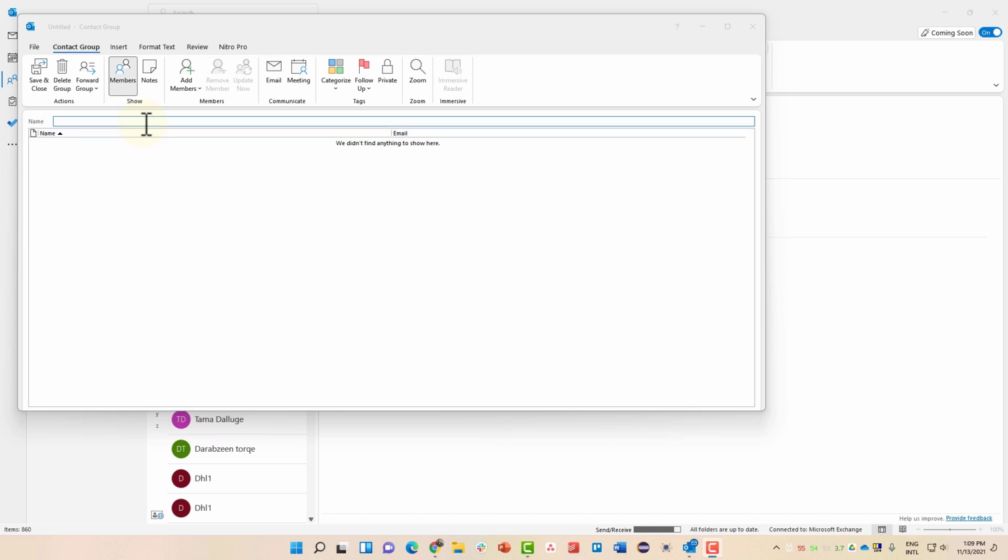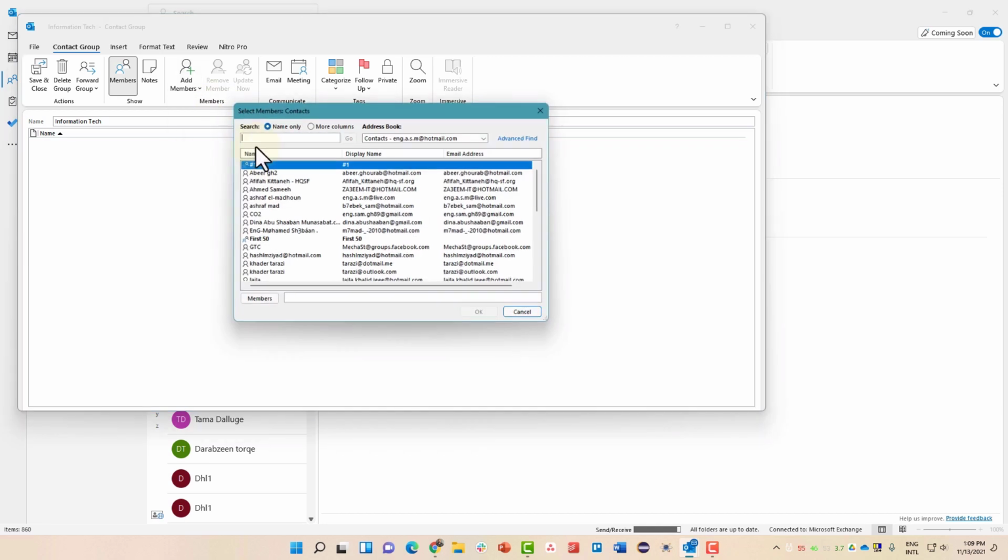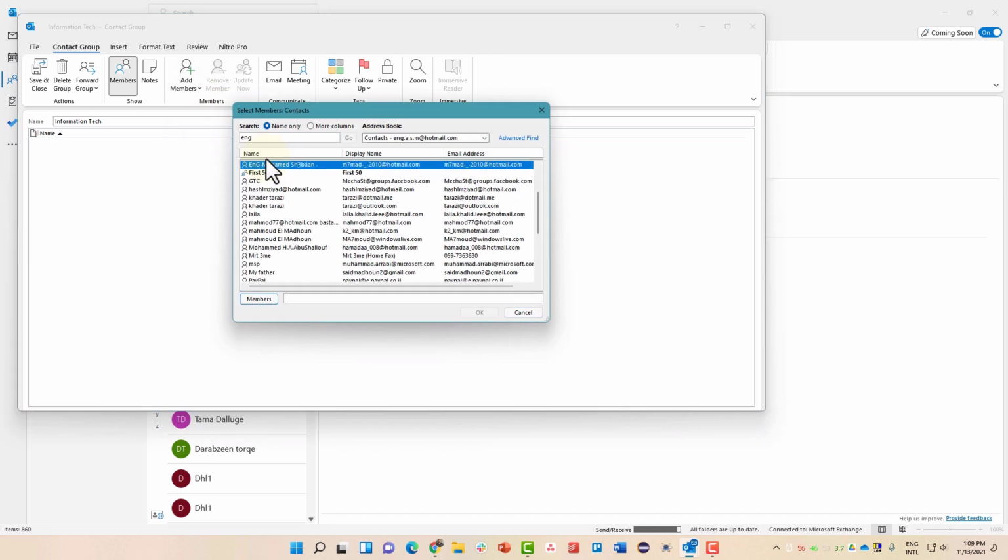now give your group a name. Let's call it information technology. Tick. Now let's add members. Click this option. You can add them from Outlook contacts, from address book, or by adding a new email contact. We will choose from Outlook contacts, and I'll start typing